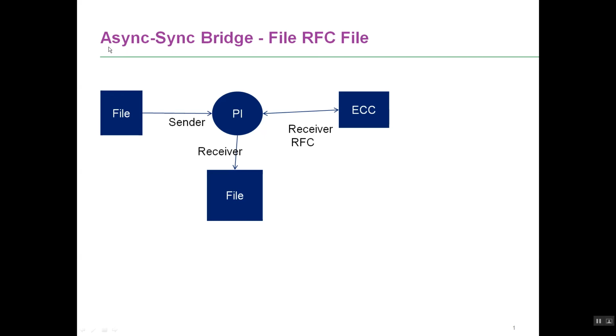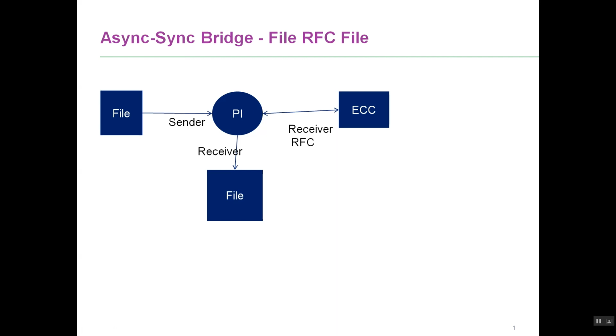And that is why these kind of bridges are called async sync bridge, where the trigger of the interface is asynchronous. The interface gets triggered with an asynchronous file adapter. You then make a synchronous call, that's where the sync comes in, and then you again send a message back to a file system. So we will be building an async sync bridge in this session,